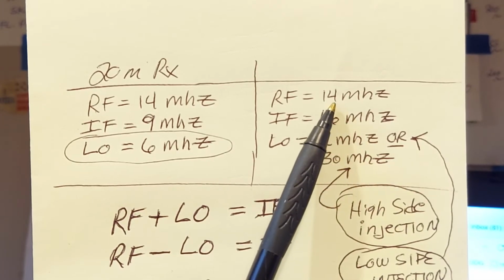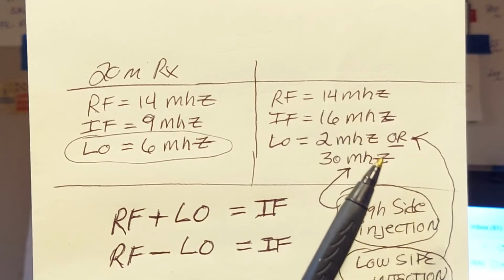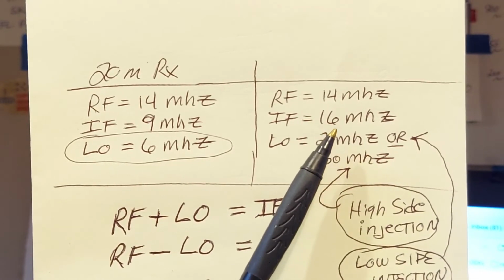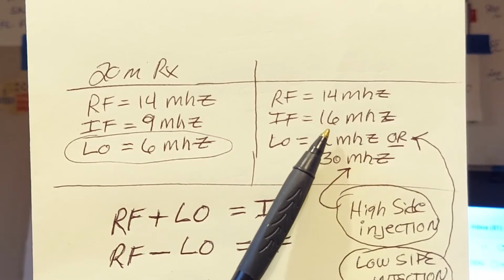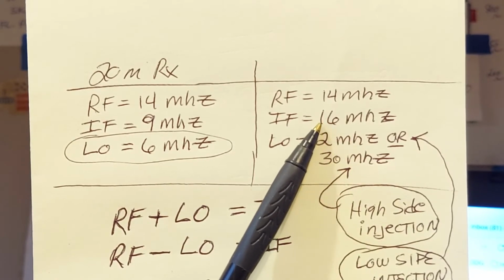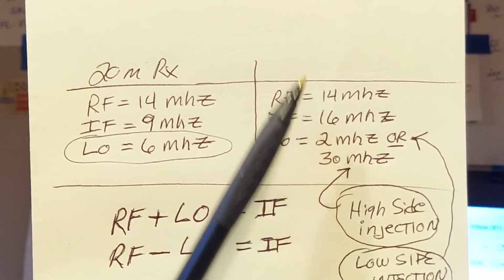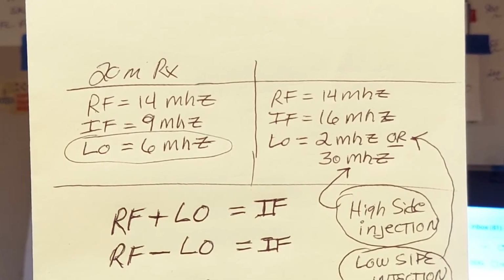Let's say we're on 20 meters again, 14 megahertz. But let's say I can use whatever IF frequency I want to use in my design. This is a frequency I tend to like. If I want to end up with a 16 megahertz IF, remember, guys, you can take the sum or the difference between the incoming signal